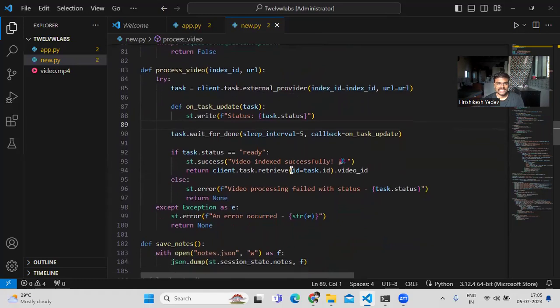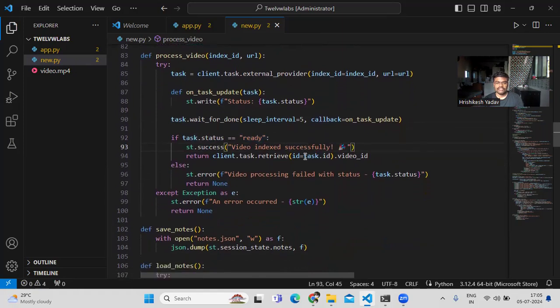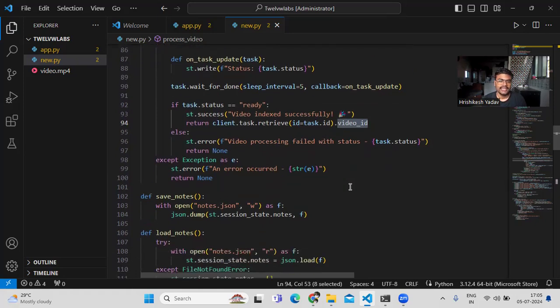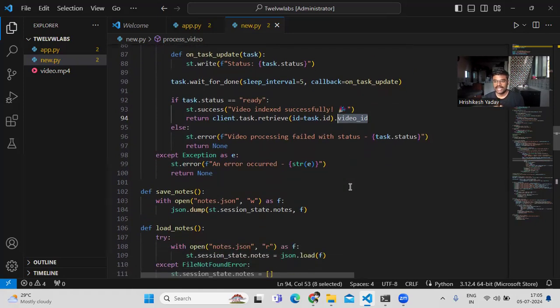And as soon as it's ready, the task.status says ready, and it shows, okay, video indexed is successful. And with the help of task.id, we can retrieve the video ID here. And video ID is very crucial. Okay, you can check it in your 12Labs account. I will showcase to you how it works. And with that video.id, you can actually have a connection, like you get connected to it and can have a